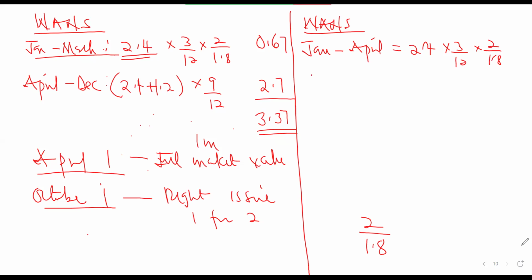Okay. Then you count April to October. April to October now, what will be your number of shares? That will be 3.4. So we have 3.4 multiplied by 3 over 12. No, it's not 3 over 12. That will be 6 over 12 rather. So 6 over 12 multiplied by 2 over 1.8, because the right issue was done on 1st October. Then from October to December,